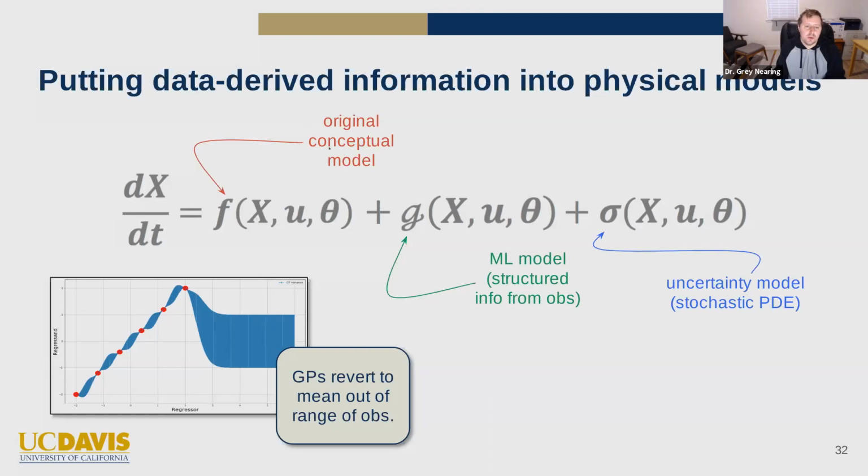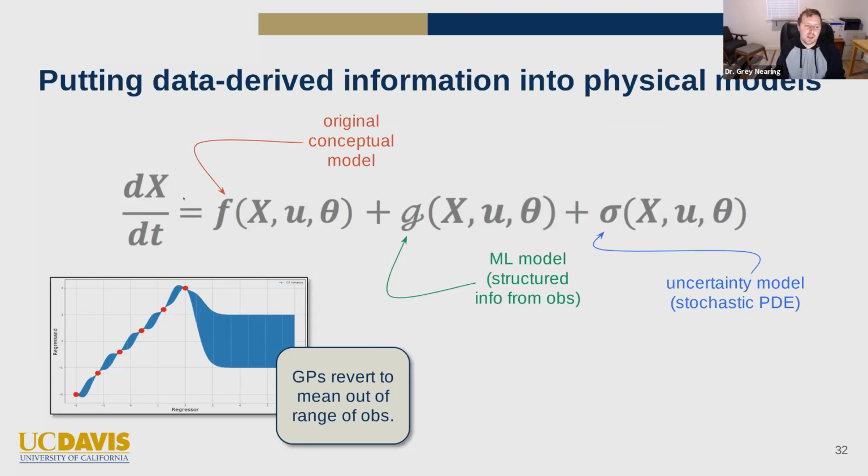So we have some sort of conceptual model that's framed as a partial differential equation, dx/dt is equal to f of x. And then we can add some correction terms to that. We can add a structure. We can add a machine learning component to the PDE before we solve the PDE. So if we learn some term that acts on the current state, some boundary conditions, and some parameters, we can